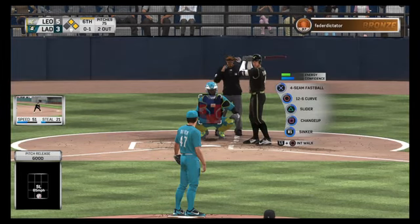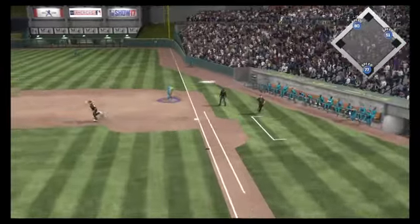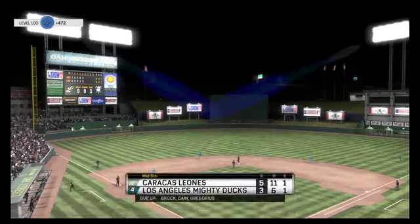Stands in as he checks. He's ready. Here's the 0-1. Now a swing and a ball popped high in the air over toward foul ground. And Morneau will make the catch, and that is